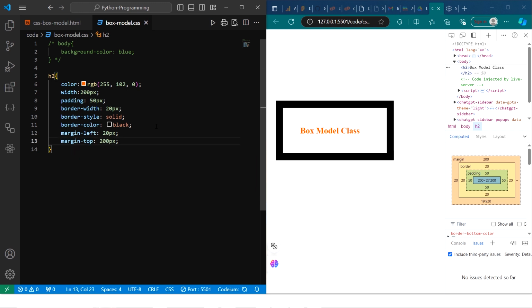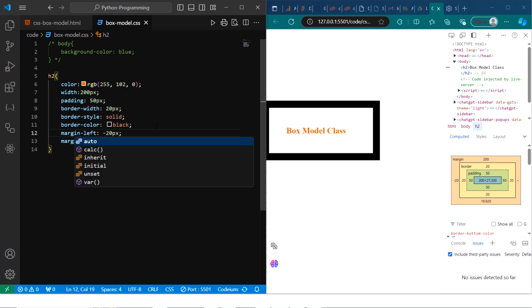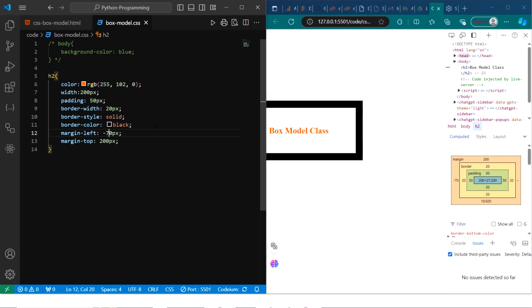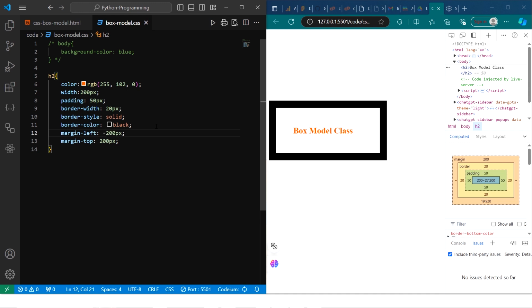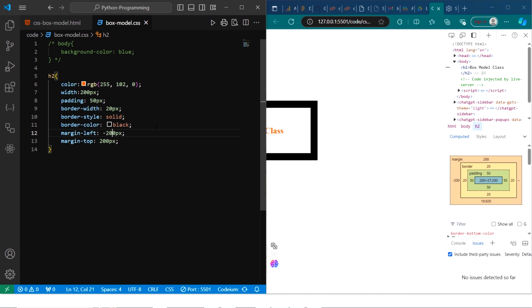And we can also give margins as negative values. So let's give it negative 20 from the left and see. You can see that it is now entering the page. Let's give it something that is more evident. Let's give it like minus 50. And you can see that now our box is entering. Let's go with about minus 200 and see what is going to happen. So that is to paint the picture that margins can be negative, and whatever value we put, you can inspect